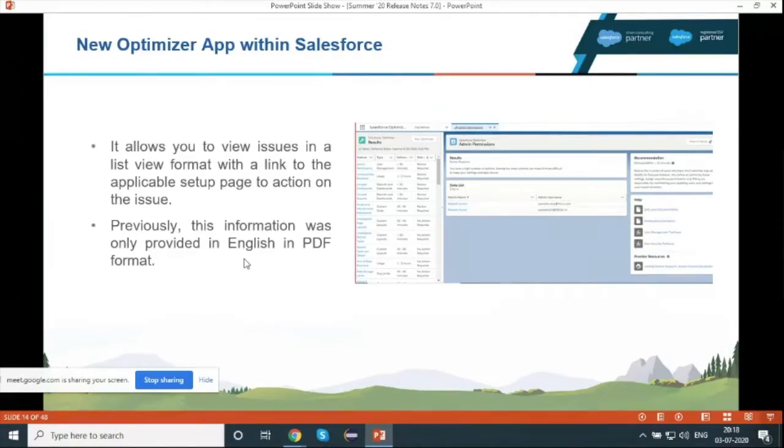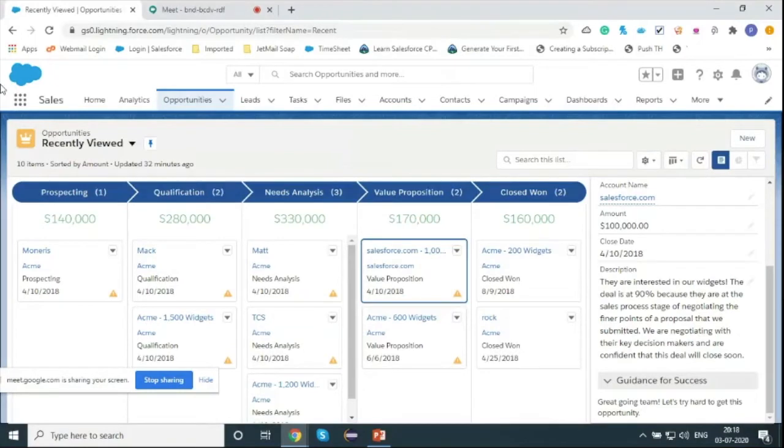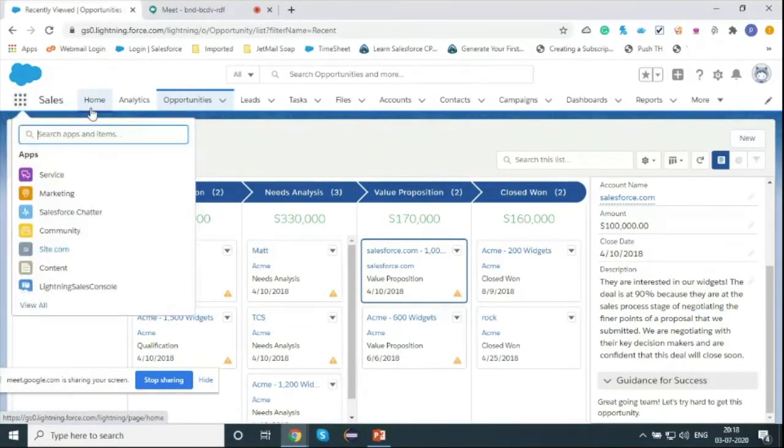New optimizer app. Okay, so this is also an interesting feature enabled in this release. So instead of a static color coded PDF, now Salesforce gave you the fully fledged optimizer app which helps you to keep track of the health of your org using actionable list views.